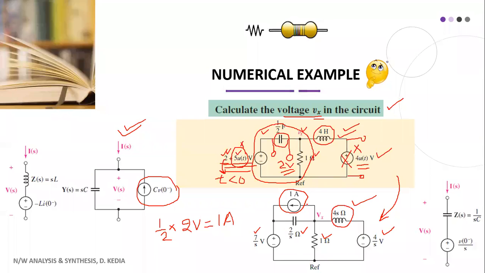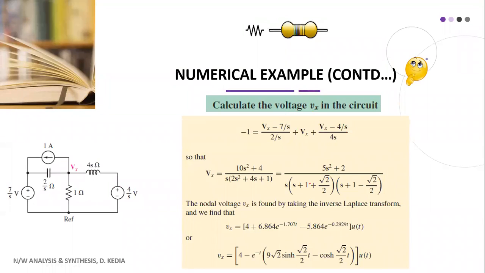Once we have done that, this is a simple circuit which you can easily solve using your circuit analysis techniques. So students, after this representation, we move forward and try to obtain the solution. Just by applying circuit techniques, we are applying nodal analysis. We are applying KCL to this node. You already know that the sum of all the currents at a node, incoming and outgoing, is 0. So that's why this has been represented.